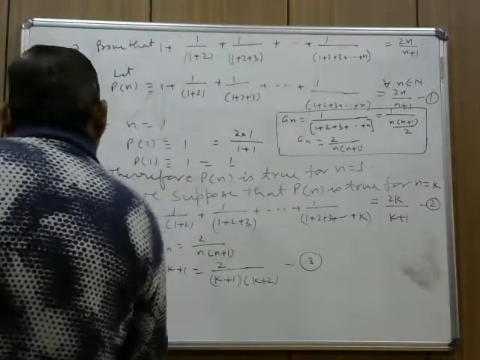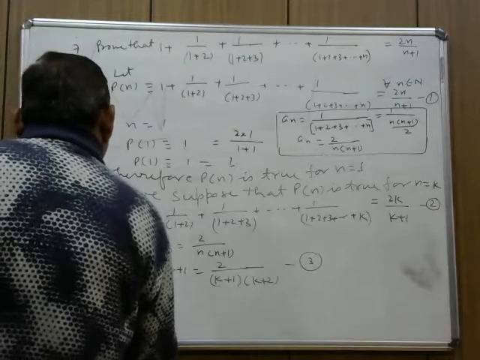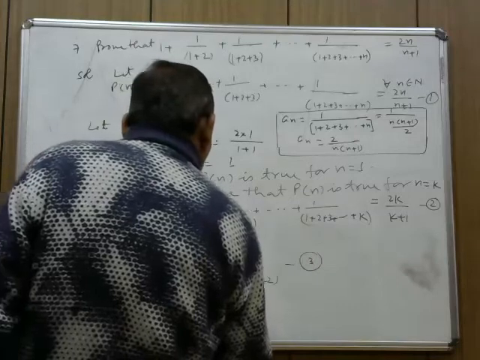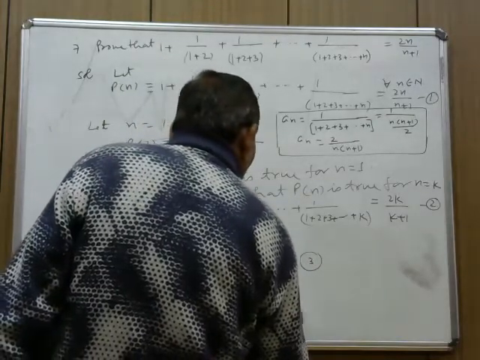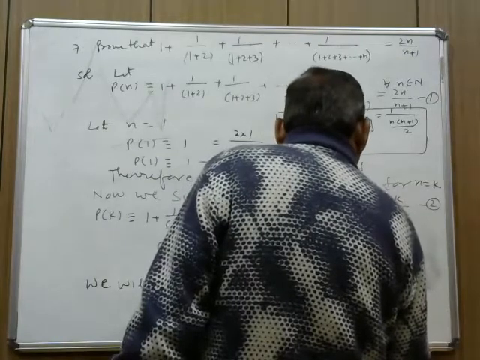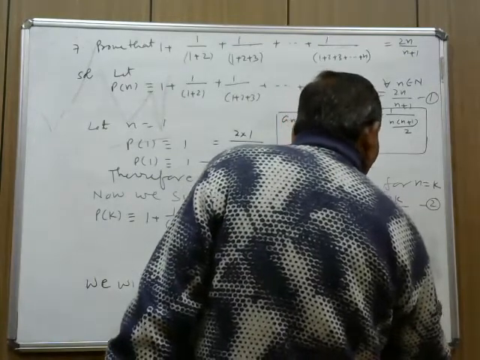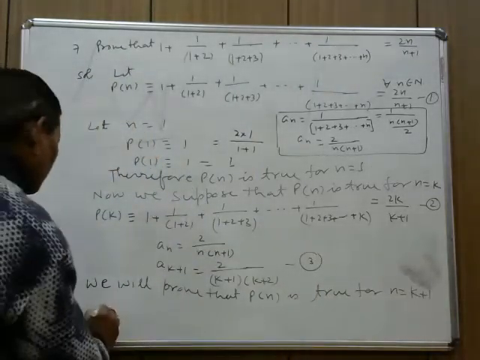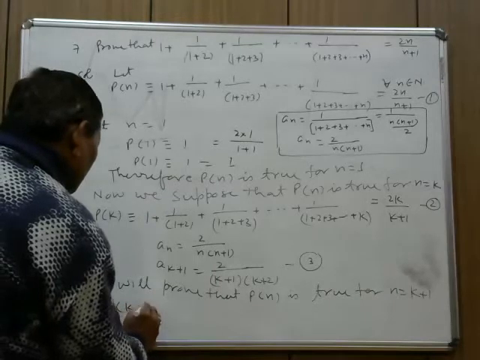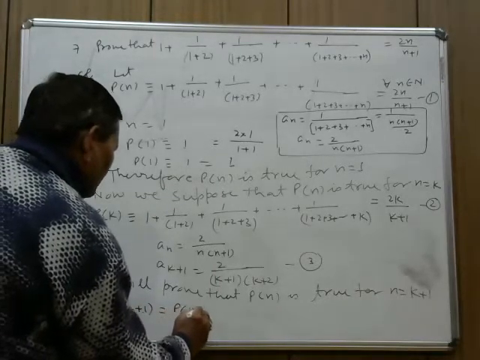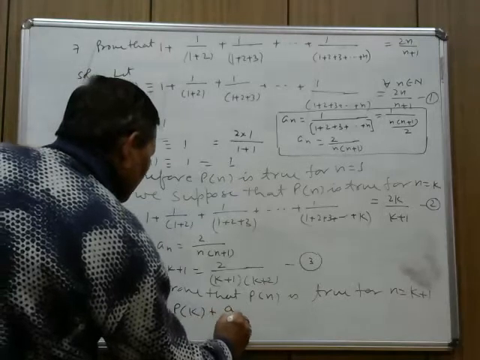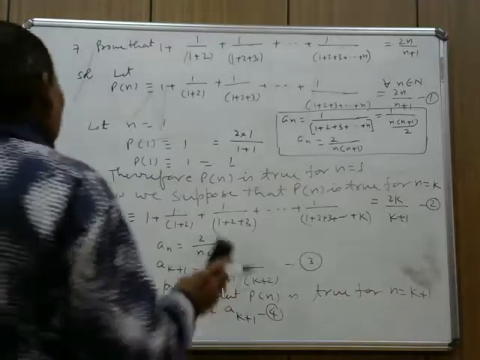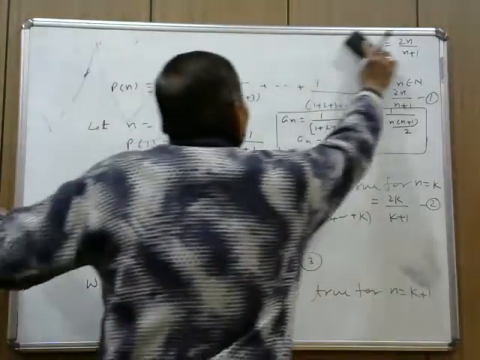Now we will prove that Pn is true for n equals to k plus 1. So you can write P of k plus 1 equals to P of k plus ak plus 1. This is 4. From 2 and 3 we substitute the value of